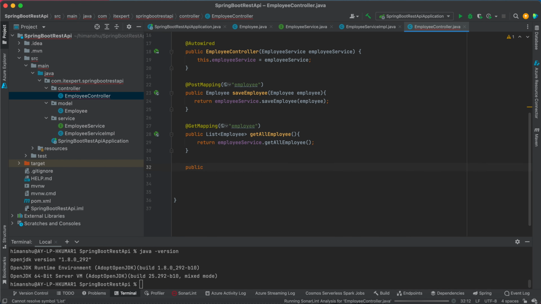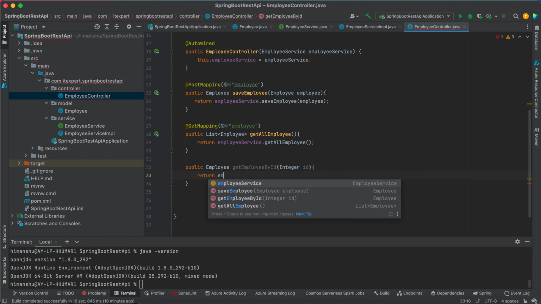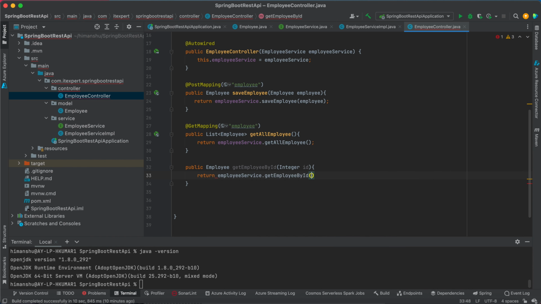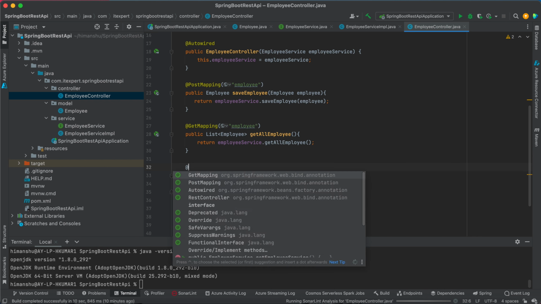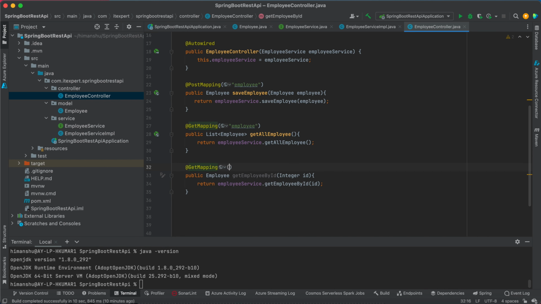After that I am going to create get employee by ID, and here I am passing the integer ID, and my method will return employee service get employee by ID. I will pass that. After that I need to create, this will also be the get mapping, so I am going to annotate with the